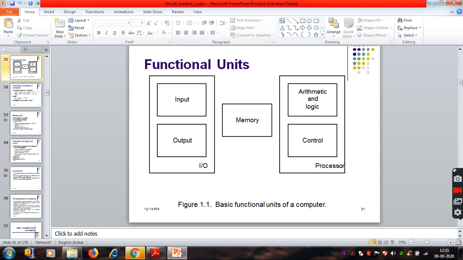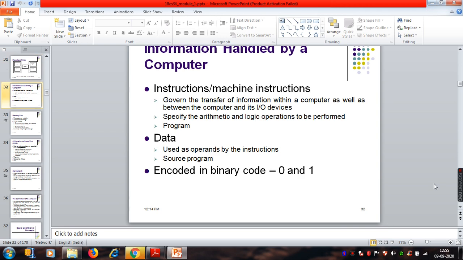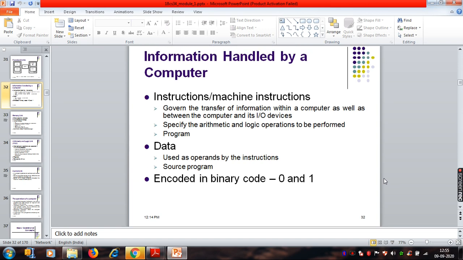Okay, so now I hope you understood. So, information handled by the computer. See, basically the computer is made functional by using some set of instructions which we call a program. So programs are the only thing that will be given.